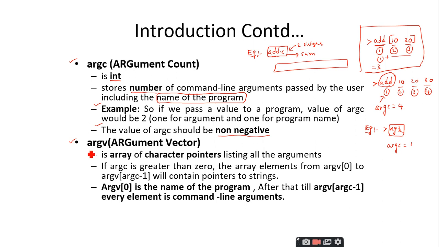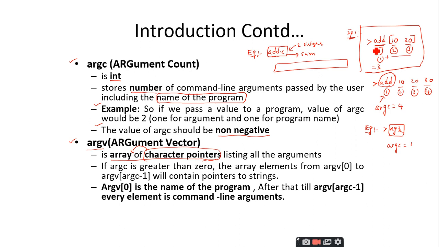And coming to the argument vector, I told you that this is an array of character pointers. So, it is a character pointer and then we are declaring it as an array. So, it is nothing but an array of strings. It is capable of storing all the strings. What strings is it going to store? Let me take the same example 1 that I discussed here. In this particular example, it is going to take 2 values from the user from the command line, and while you are executing this